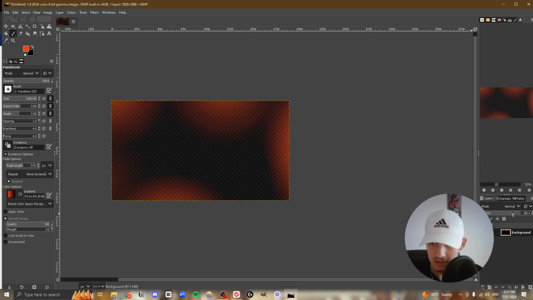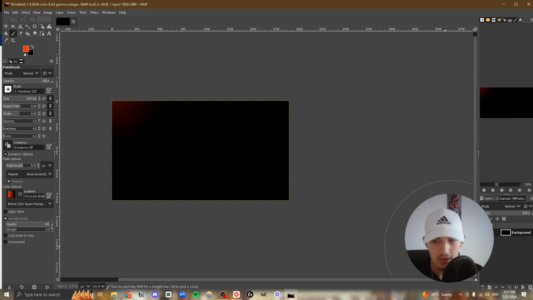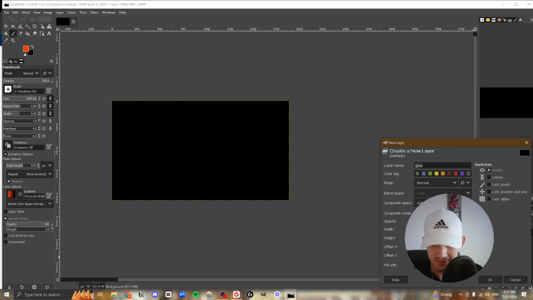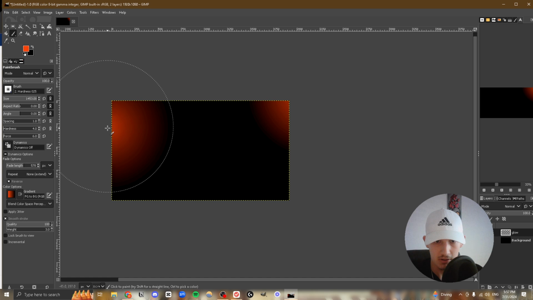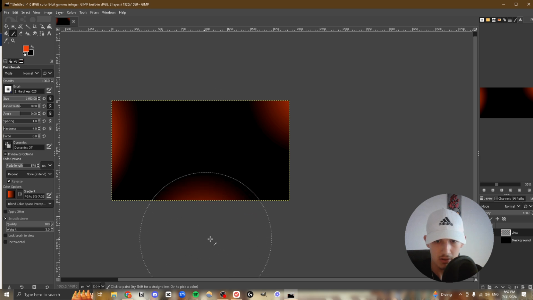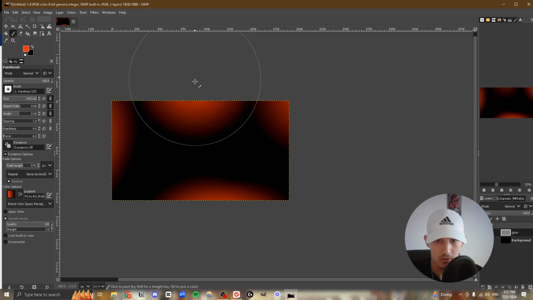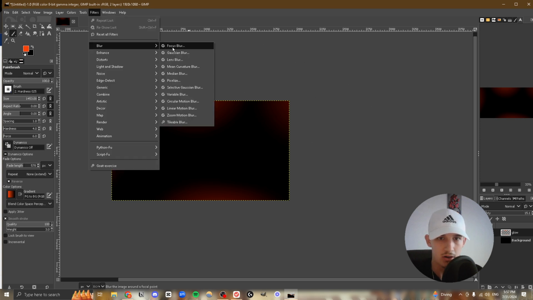Now what you want to do is lower the opacity. Oops, oh my bad guys, I did something really wrong. So create a new layer. You do that here. Make sure it's transparency, right? And you want to use this. You want to make it here. Oops, maybe that's too big. Okay, maybe like one here, and maybe one half here. Okay, what I did was put it on 15, go to filters, blur, and Gaussian blur,